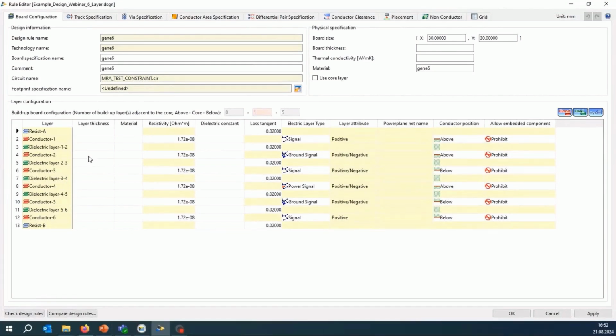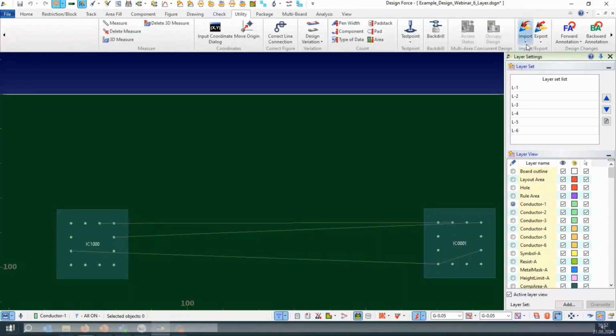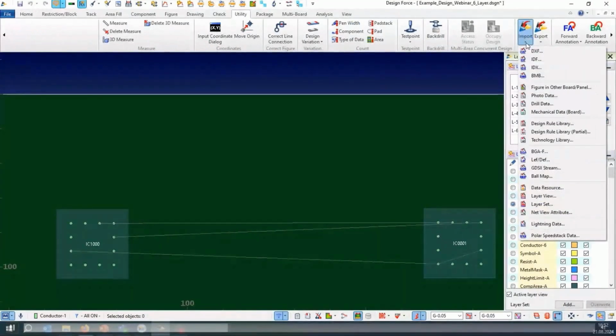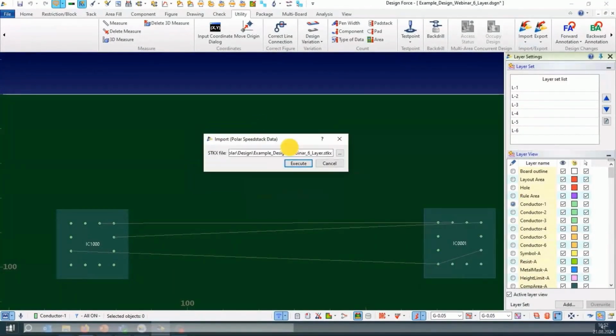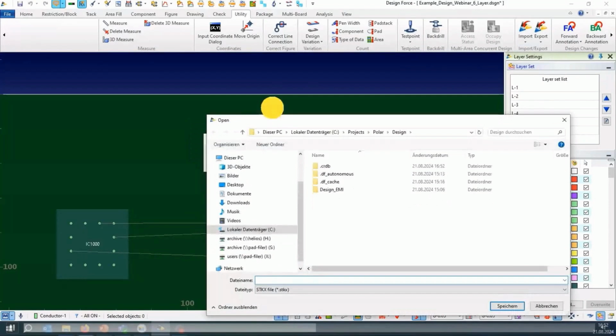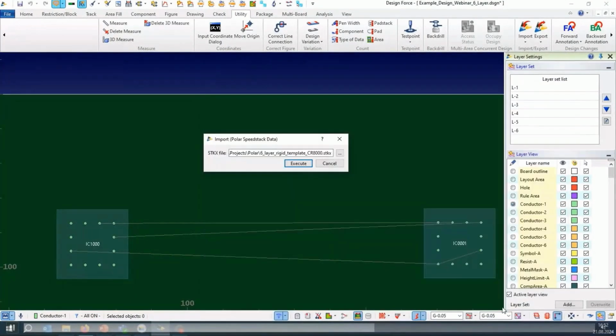And now we want to import the data from Polar Speedstack. And for this, we go to utilities and we have an import and also an export, the interface to Polar Speedstack. This import export belongs to the basic Design Force licenses, or is, let's say, free of charge, the interface itself. So now I import the 6-layer